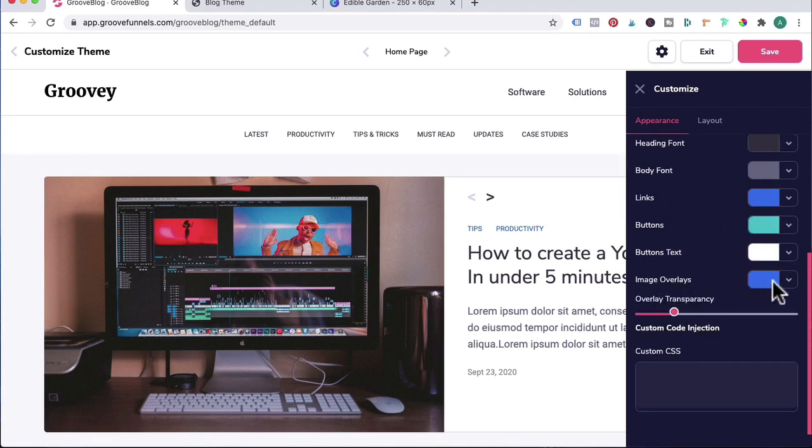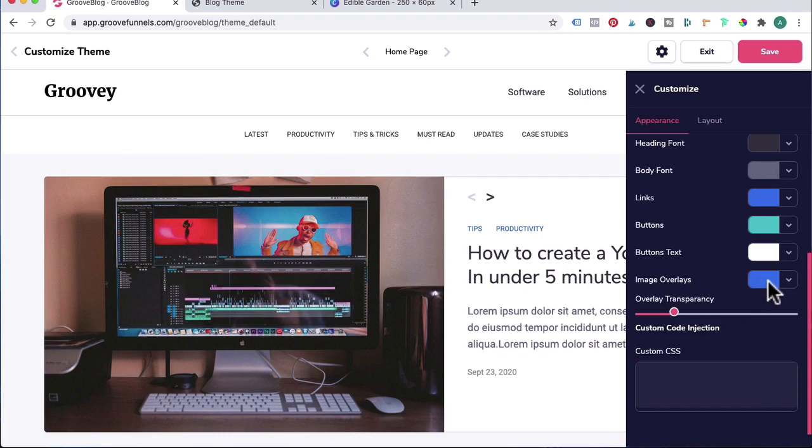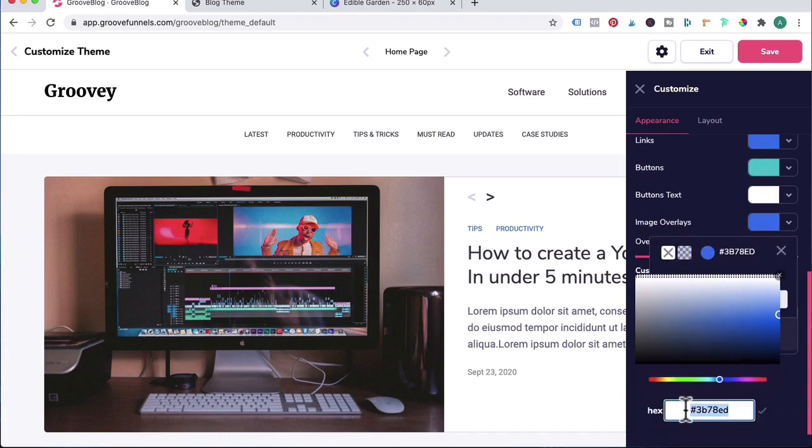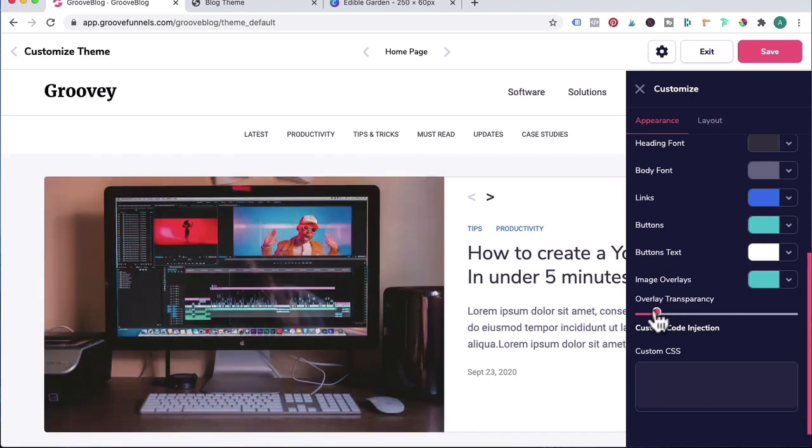For image overlay, what that means is that when you hover over a featured image, the color will be this blue. I don't want that to happen, so what we're going to do is click on that again, click on the circle, enter in the new hex code for green, and now when you hover over it, there will be a green overlay. So this overlay is a bit too dark, and what I'll do is decrease the transparency a bit more. Happy with a slight tint of green, and you can add extra custom CSS code here.